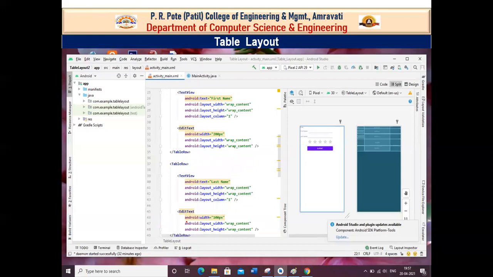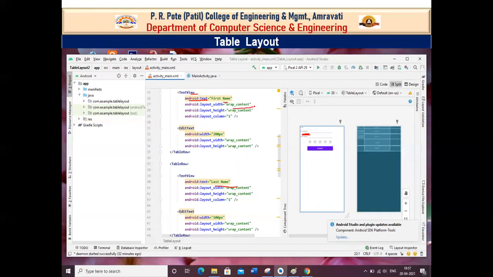Now after that, we have 2 text views. First one is the first name text view and another is the last name text view. So how to create a text view? Again, here I am using Android text property equals to first name. That means the first text is named as first name.